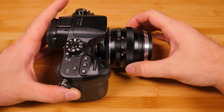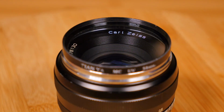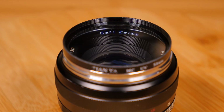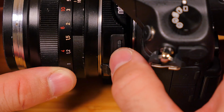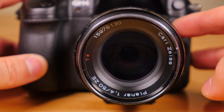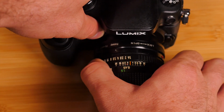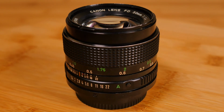For that much higher price, you will receive an exceptionally well-built lens made entirely from metal and glass. Zeiss lenses are built like tanks, and the Zeiss Planar T ZE is no exception. It's also important to note that this particular lens has electronic contacts to control the aperture using your camera. Even though the Canon FD has a manual aperture, which is better for video, it feels much cheaper, lighter, and